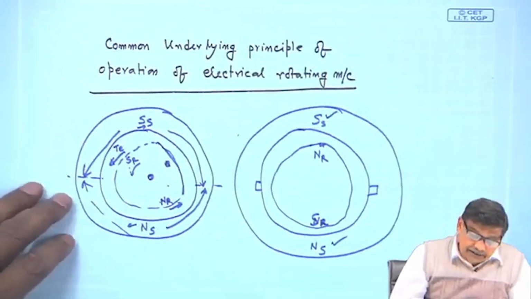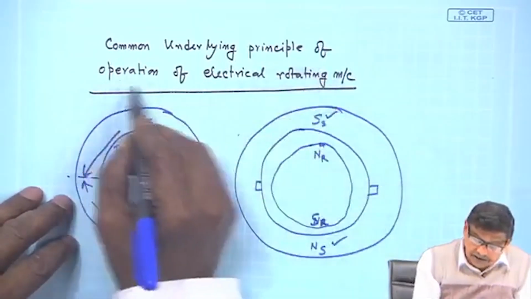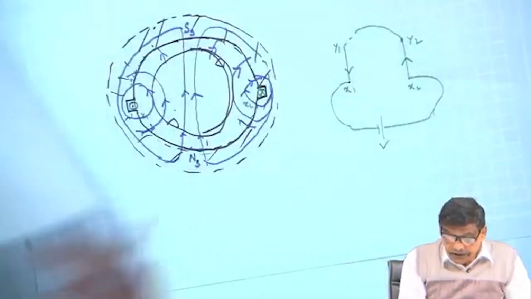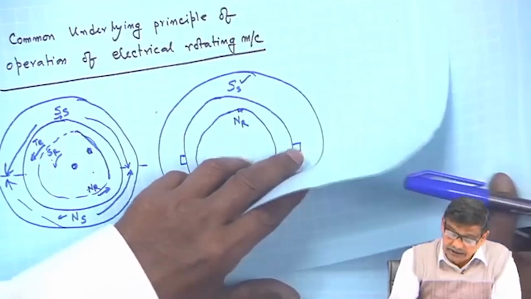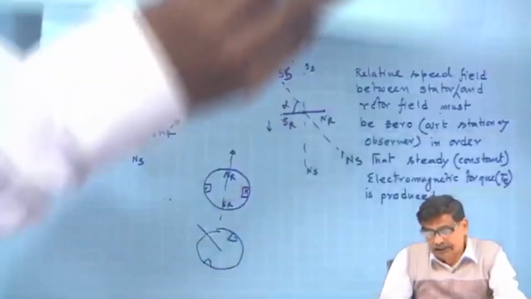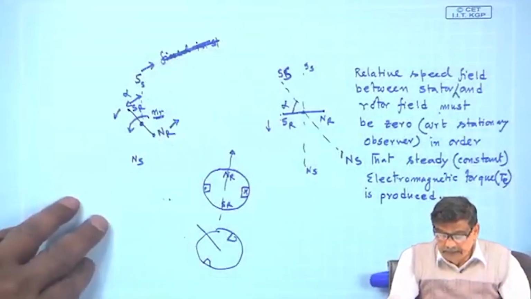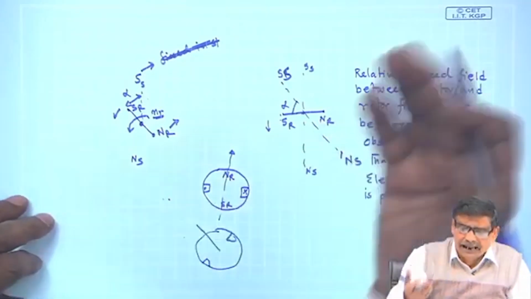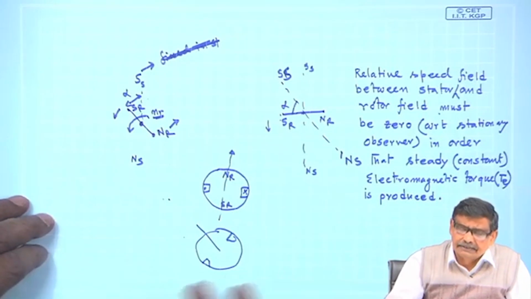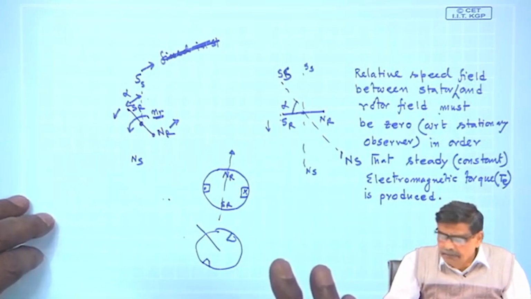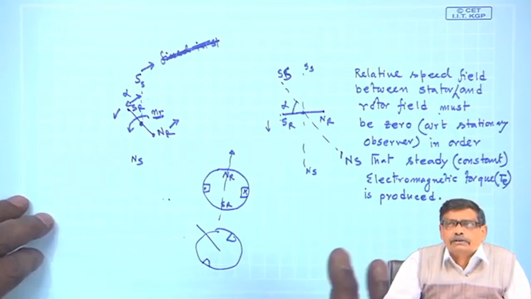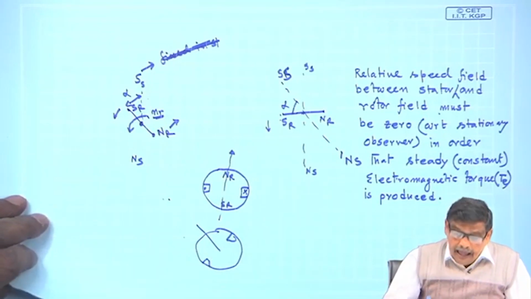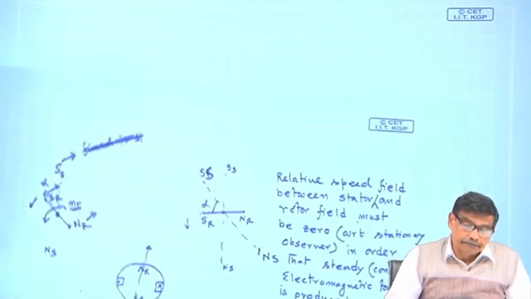So, one common underlying principle under this heading: one condition is the relative speed between the stator and rotor must be 0 all the time. During transient conditions, it may change, either it will accelerate or decelerate, but that is not steady state. I must demand that steady electromagnetic torque is produced out of any motor. Another important thing is,